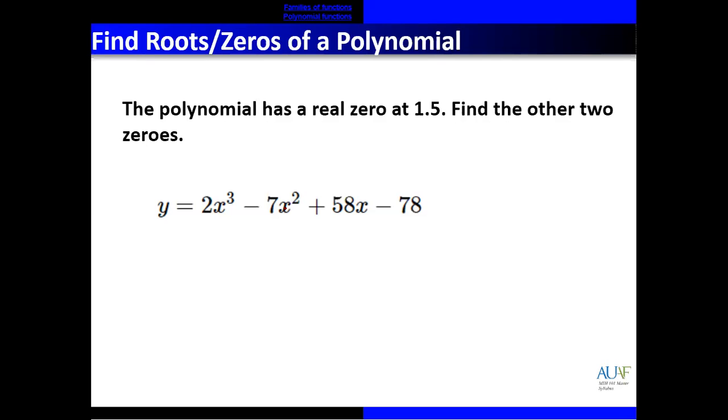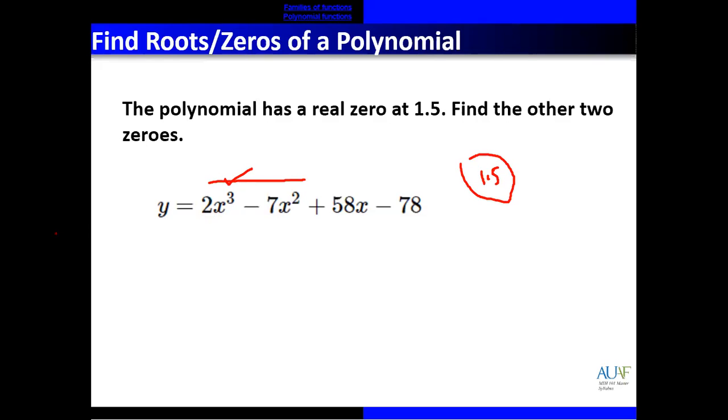In synthetic division, one root of the total function is given, and that is 1.5. So how can we find the other two? The highest power is 3, so in that case we use synthetic division. Although there are different methods, like the rational zero theorem, synthetic division is simple.